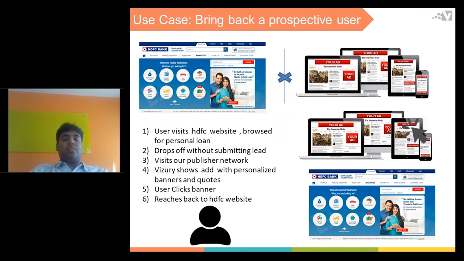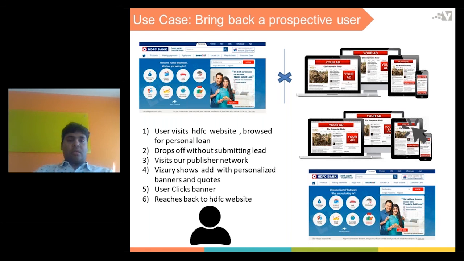Where Visuary comes in is Visuary has a publisher network, which I'll talk about in the later part of the talk. But we basically show ads to this particular user with personalized banners and codes, which attract users, and then the user finally clicks on the banner and lands back on the HDFC website and hopefully submits a lead. So this is one use case.